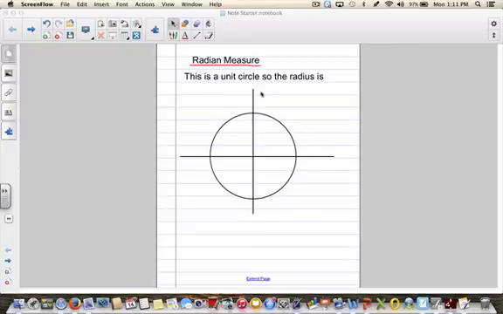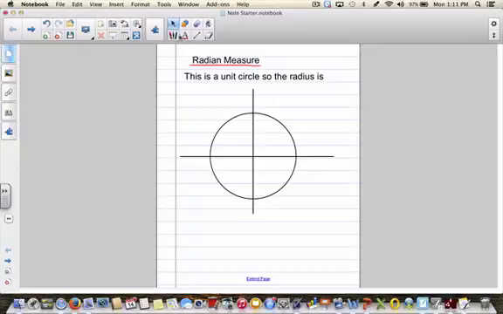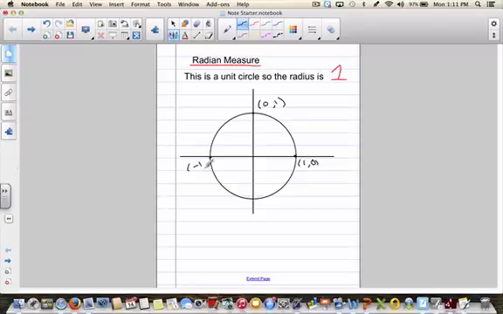So my radius is going to be 1. So I know that all these points, this point is at (1, 0), this point would be at (0, 1), (-1, 0), and (0, -1). And the reason I do that is now I know no matter what rotation I do, r is 1. So when I take a rotation